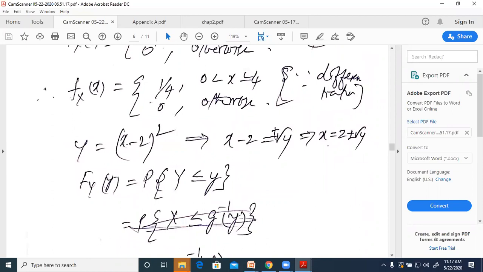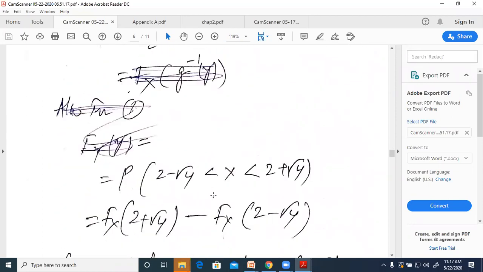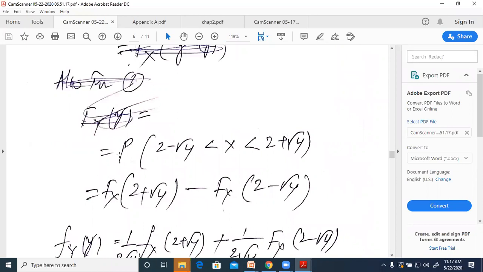So why we have written (x minus 2) squared, this is given to us. So x minus 2 is equal to plus or minus root of y, and that will give us x is equal to 2 plus or minus root of y. And that will give us the range of values of x there, and the range of values of that x is 2 minus root of y less than x less than 2 plus root of y. And this is F_X(2 plus root of y) minus F_X(2 minus root of y). And using